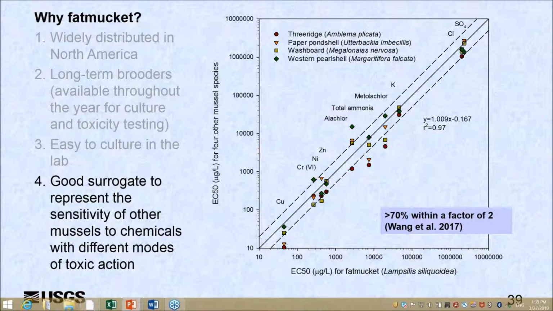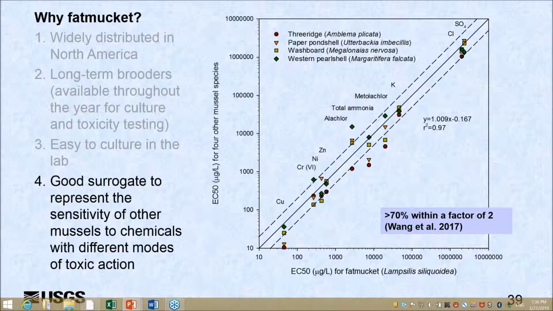So another good point is that the fatmucket is a good surrogate to represent the sensitivity of other mussels. Here, there's a recent publication that did multiple testing with different chemicals, metals and ammonia, organic chemicals and major ions, with different mussels from different families and tribes, and compared their sensitivity versus fatmucket. You can see here the